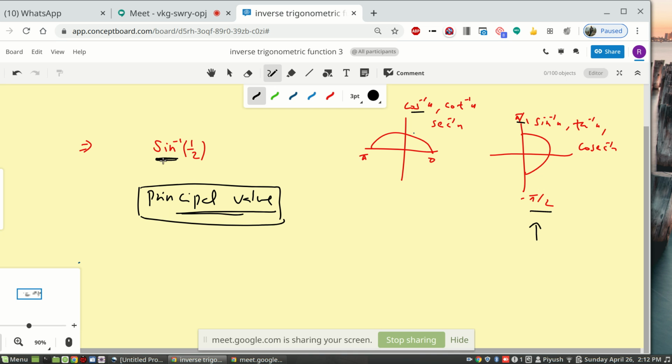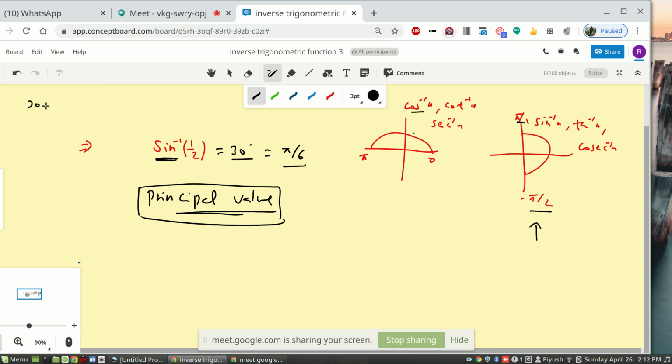So that's it. Now coming to sine inverse 1 by 2, you should be asking the question: at what angle is sine theta 1 by 2? The answer is 30 degree. This is the way you have to answer, and you may have to write the answer in the form of pi also, so you should be very good at that. It's actually pi by 6. Pi is 180, so 180 by 6 is 30 degrees. This way you need to remember.